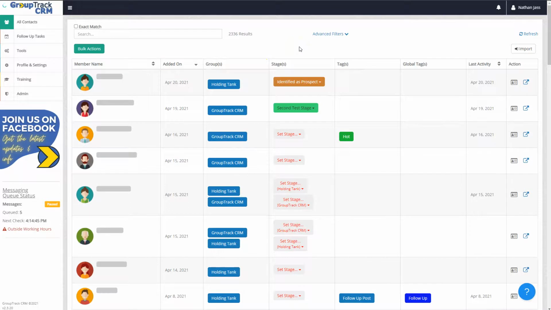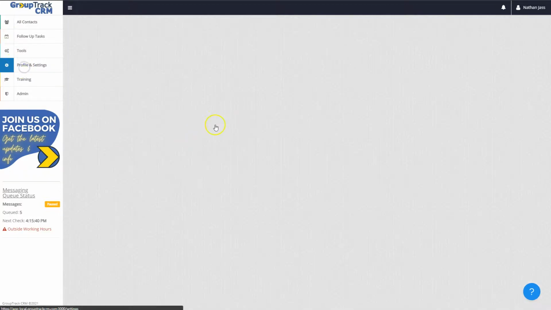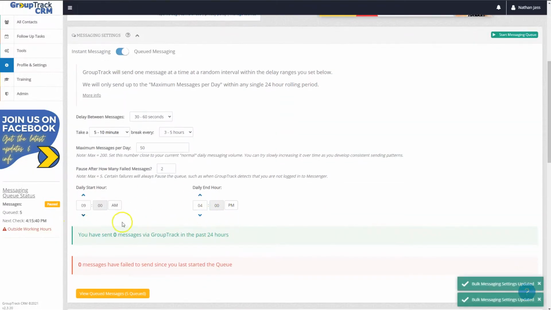One last thing, just as far as using this messaging queue for bulk messages. Messages will only be processed A, according to the configuration that you set up, and B, as long as you have at least one device running the web app in a Chrome browser that has the extension installed. Okay, so just make sure that during your working hours, whatever hours you've set up for your queue to be running here, you have a computer up and running with the Chrome extension active,